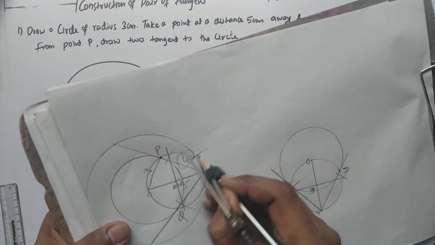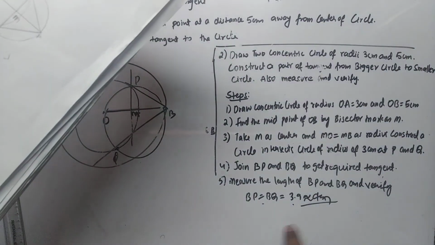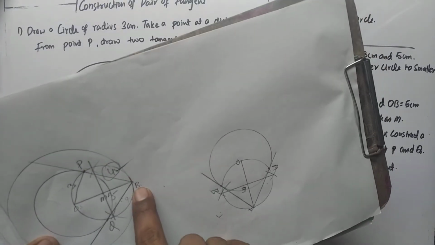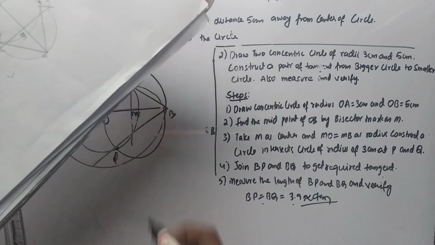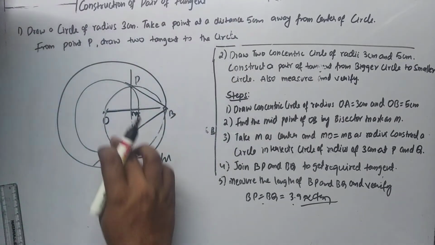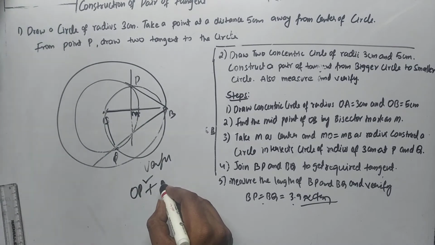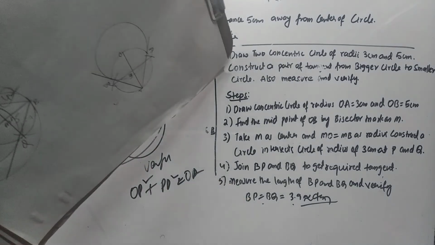So we are going to get this one as 4 centimeter. We got both as 4 centimeter. We have to write, by the help of Pythagoras theorem, OP square plus PB square is equal to OB square. Okay, that thing you have to write. While verifying, you have to write OP square plus PB square is equal to OB square.